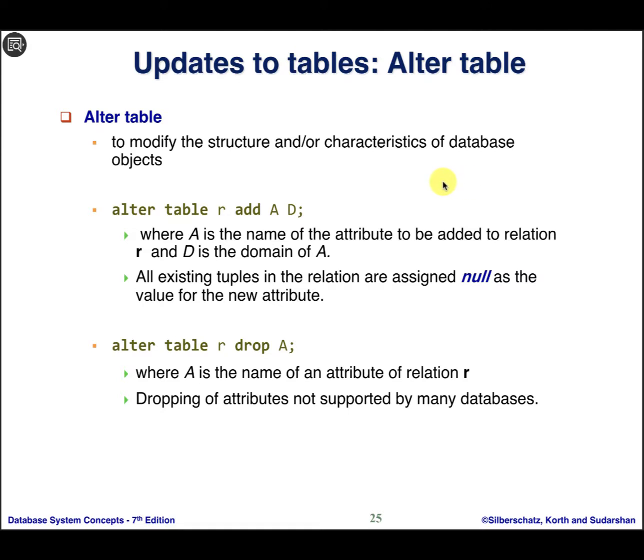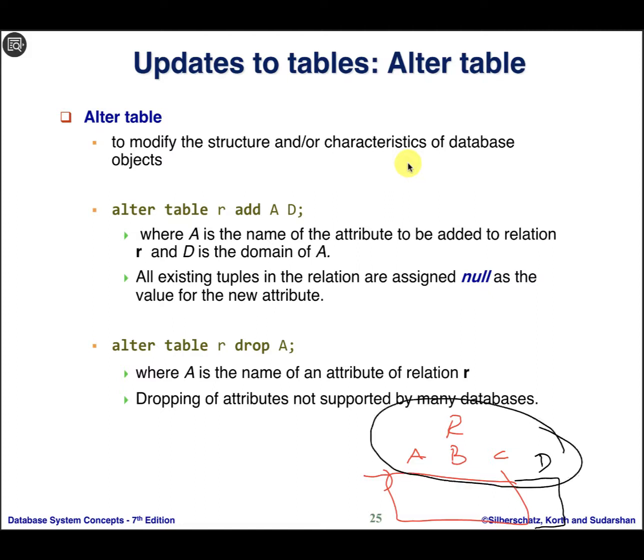What if I wanted to update the structure or the schema of the database object? Just say, assume that we have one relation R, I create R that contains A, B, C. Then after we fill this one with data, etc., we created a table and said, oh, we need to add another column. I forgot that. There is a column we need to add here. For example, I need to add a column D. In order to add this one, you need to change, or to say, modify the schema of the relation. In order to modify the schema, you have to use alter, okay, space what? The table, okay, the name of the table, in our case R. Then what we need to do here, I need to say add,